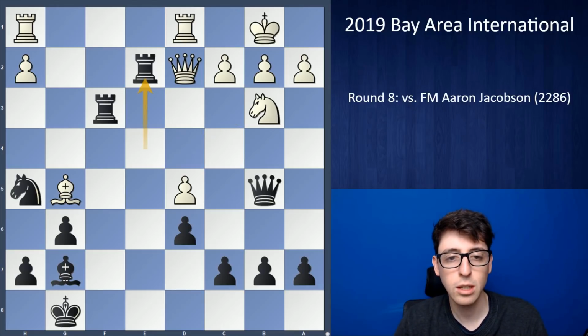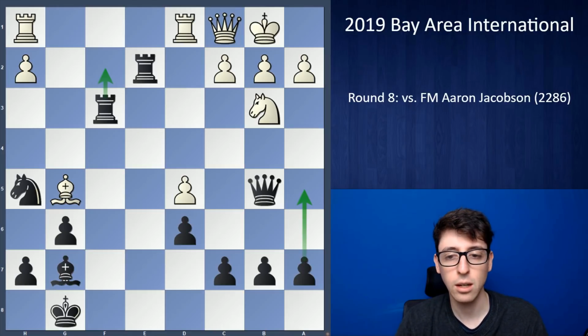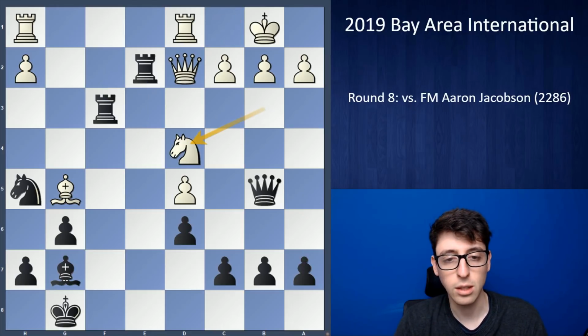I think I was mostly expecting queen c1, and then I figured, well, his queen is passive, and I might have moves like rook to the second rank, maybe even a move like a5 is possible, and yeah, it just looked like everything is winning here for black. But I totally overlooked knight d4. And in my defense,